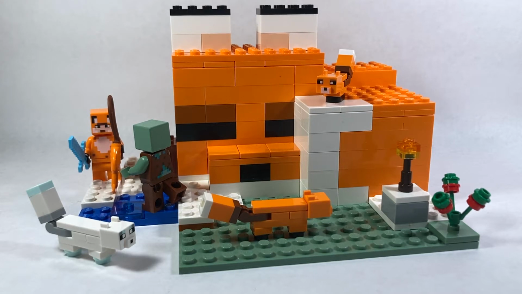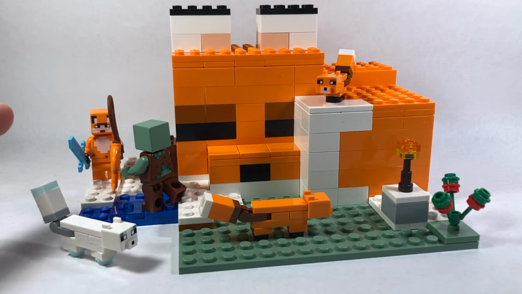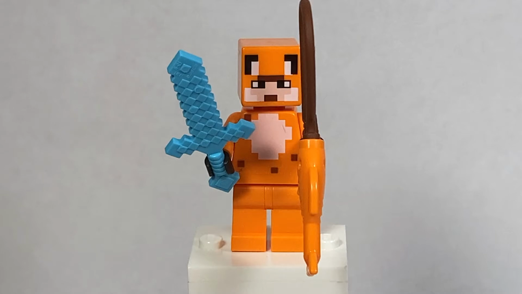It is adorable. We get a brand new Arctic Fox variant, which is so cute, as well as a baby fox, a normal fox, a brand new skin, and a drowned with an amazing build too. It's truly spectacular. Let's take a look at all of those figures first, and then move on to the build of the set. Here's the first minifigure, and it's the only exclusive